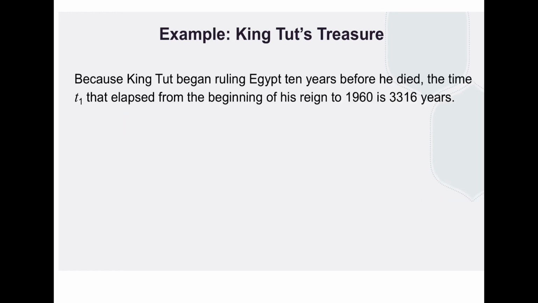Now, King Tut began ruling Egypt 10 years before he died. So if we want to know if the object they discovered actually falls into his time period, we would want to add about 10 years there, from 1960 to 10 years before his death. So that'd be increasing that amount by about 10. And so plugging that in, I want to find the A of 3316 and see what kind of percentages we're talking about. A sub 0 e to the negative 0.0001216 multiplied by 3316. Putting that in there, we get A sub 0